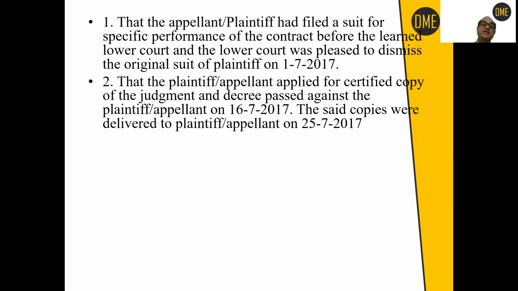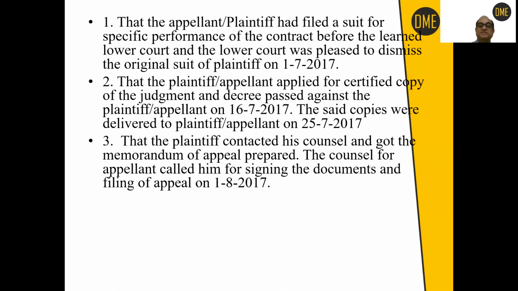So see, this first period of limitation is to be counted from 2nd July, of course, the date of judgment is to be excluded. So the period of limitation from 2nd July to 16th July will be lost. He has already consumed 15 days in the beginning. But the time taken by the office of the court in preparation of certified copies, from 16th July to 25th July, shall not be counted in the period of 30 days fixed for filing of appeal.